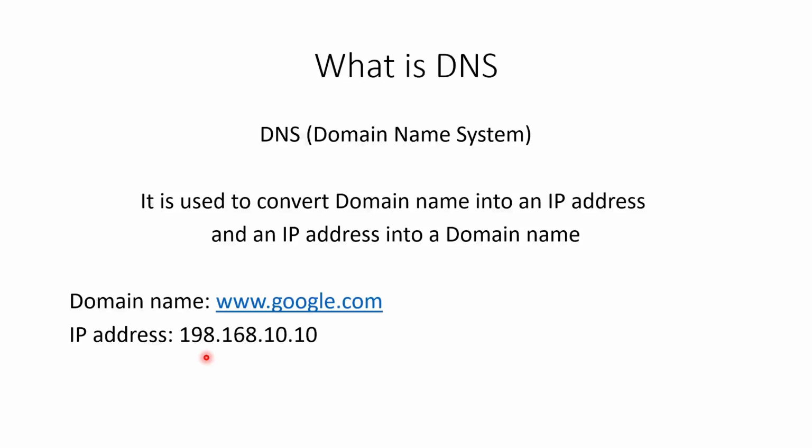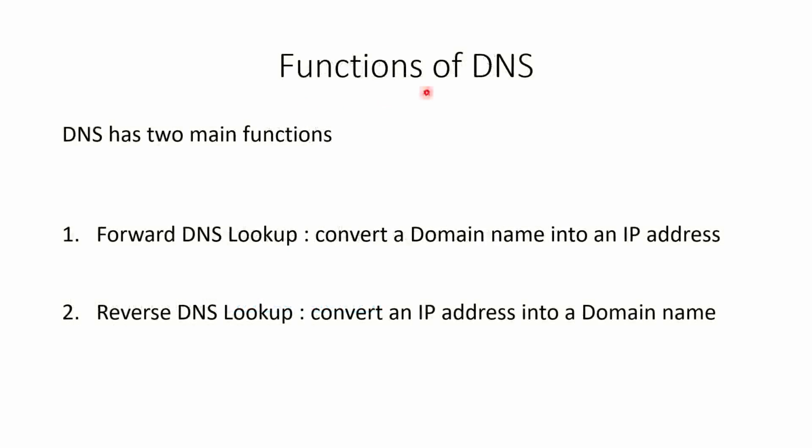And what is an IP address? IP address is nothing but the logical address of a system. To put it more simply, the address given to a system by an internet, making it easy for other computers to communicate with it. It is represented in numeric format as shown in this example. To make it more simple to understand, a domain name is a website name and an IP address is the address of the website.